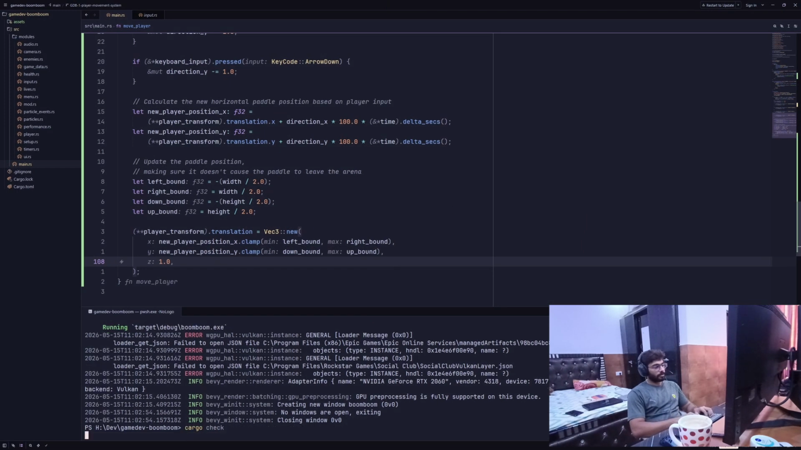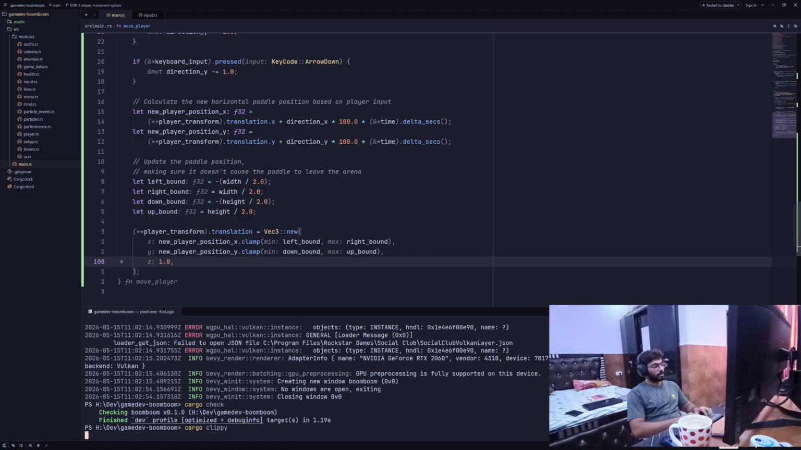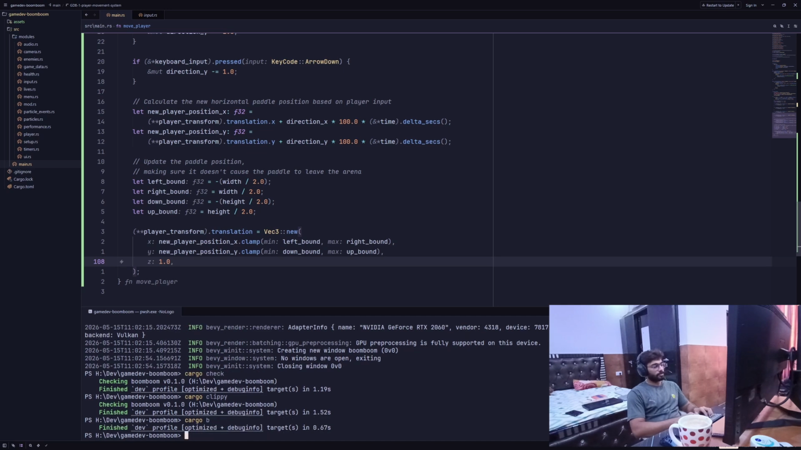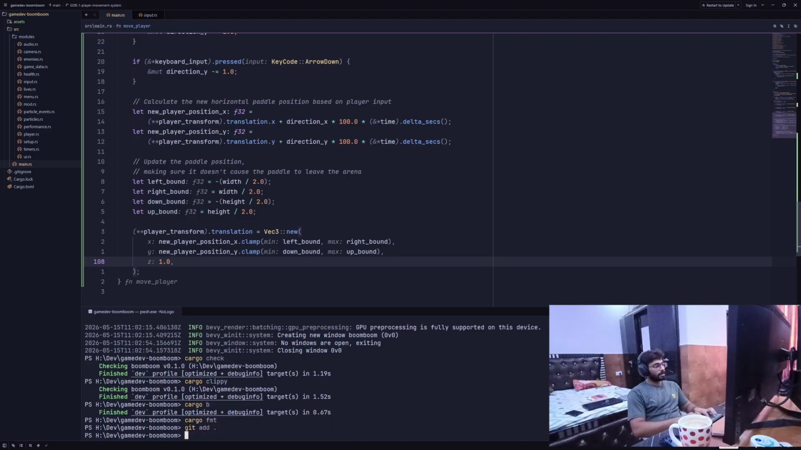We will quickly check with cargo check. We'll check with cargo clippy if everything's okay. We will check with cargo build if this builds, which it does, we know. We'll format this. We formatted this. We'll do git add dot, git commit